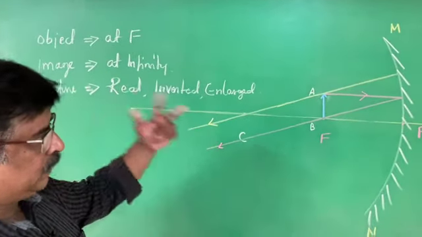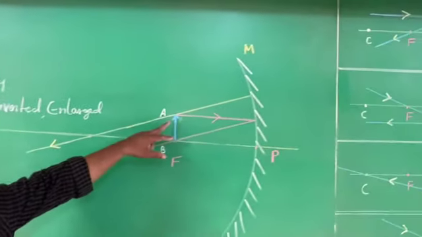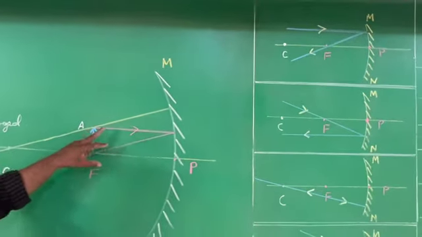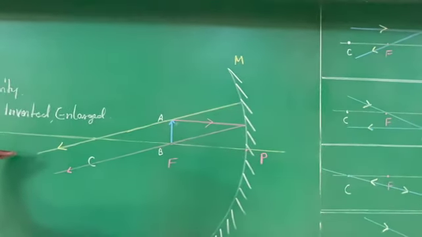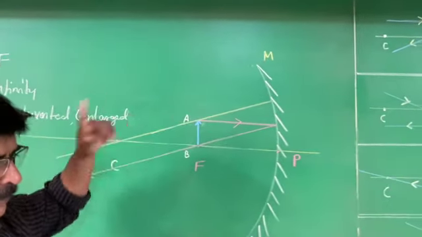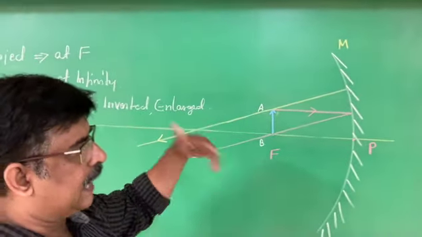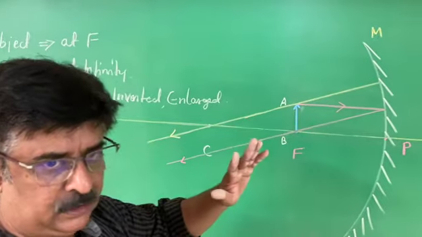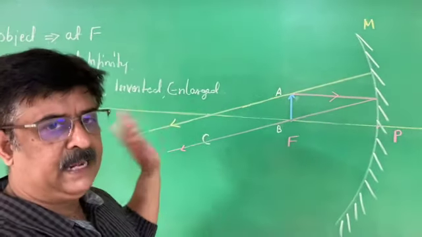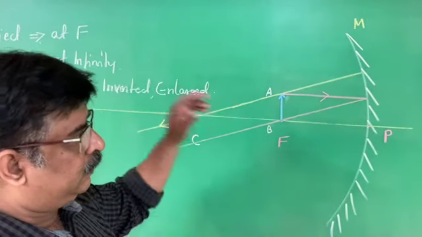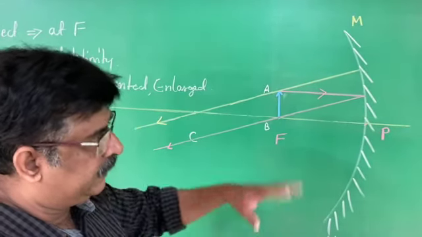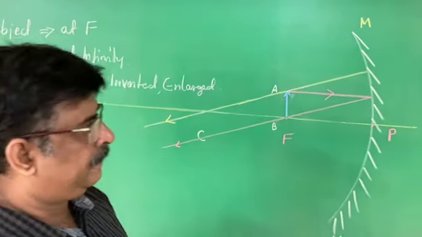Here we have used two conditions. One is the condition where the ray of light is parallel to the principal axis. Another one is the ray of light which passes through the center of curvature. I repeat once again, we can use other conditions given in the textbook. We can get the same answer, but we always give emphasis to taking the conditions given in the textbook.